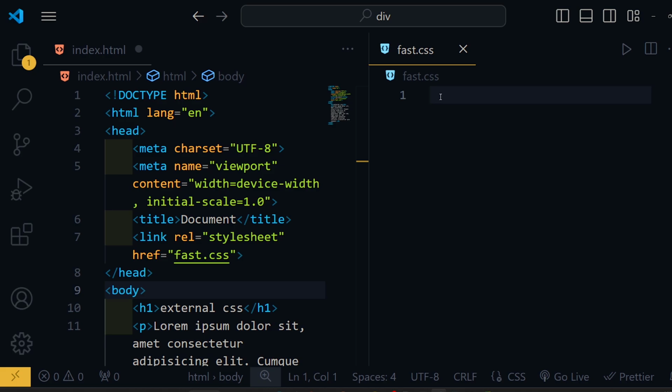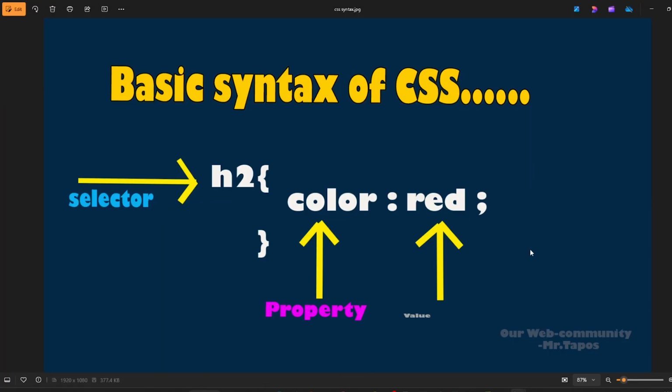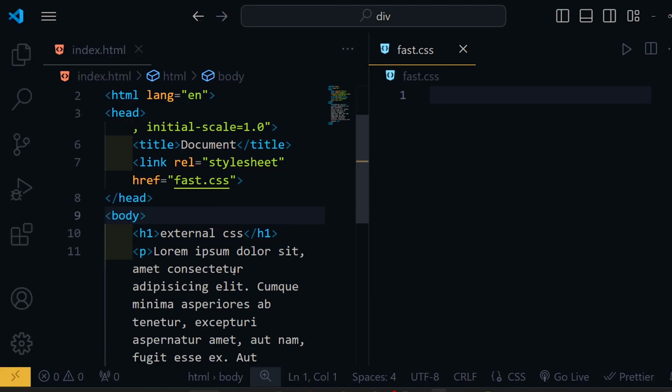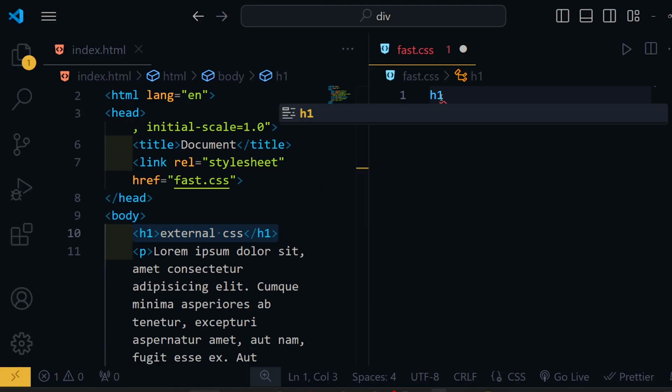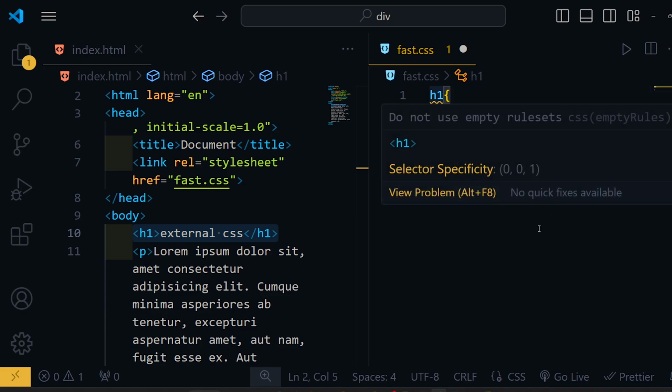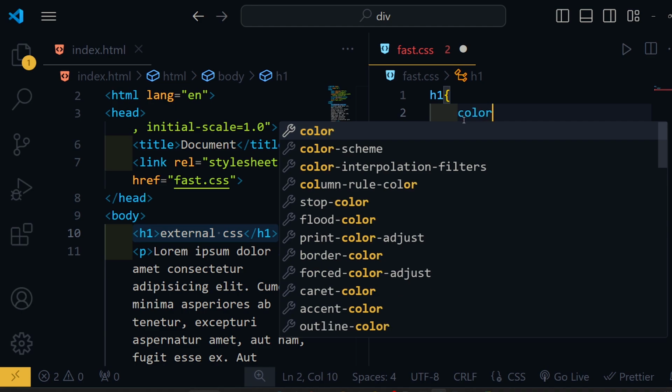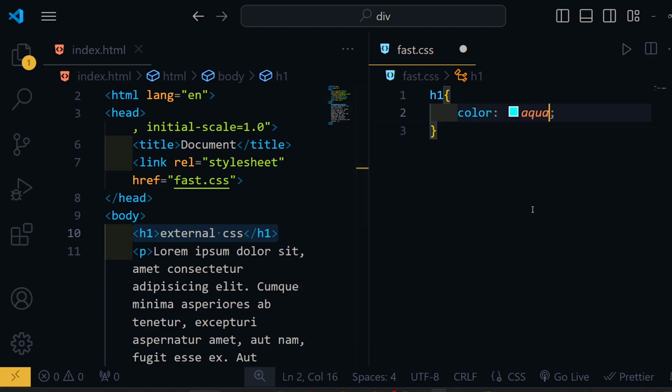Before we write our first CSS code, we should understand the basic syntax of CSS. The basic syntax of CSS is we select an HTML tag directly. Otherwise, we can select a div or class or ID as our selector. Under the selector, we put curly braces and we write our property and value inside the curly braces. So first of all, we can select our h2 tag as a selector with curly braces, and there we can take some properties like color and give some value. Yep, that's our first CSS code.